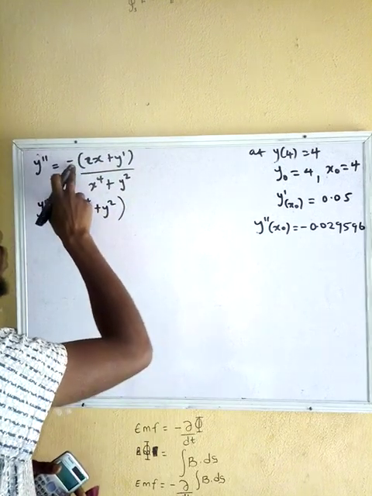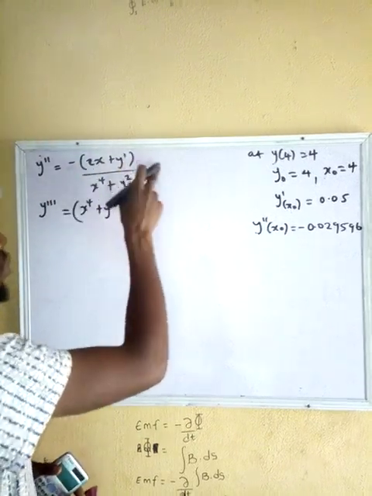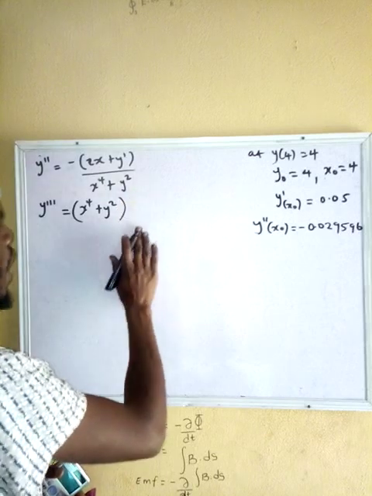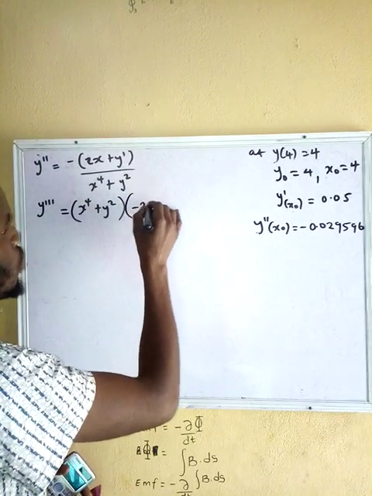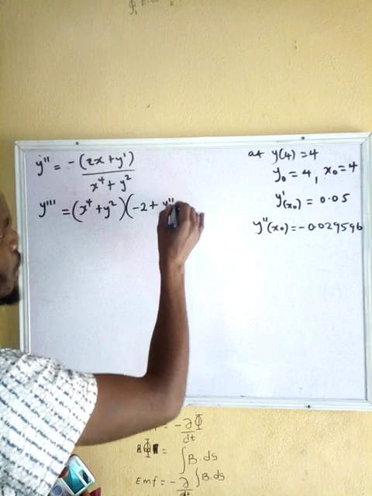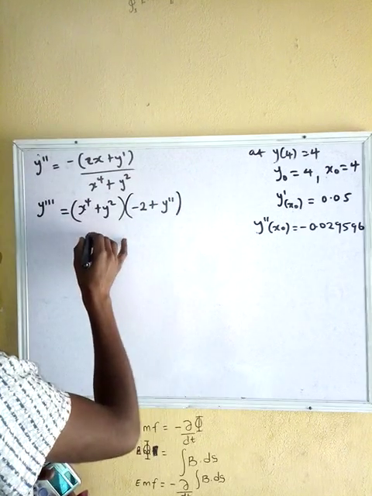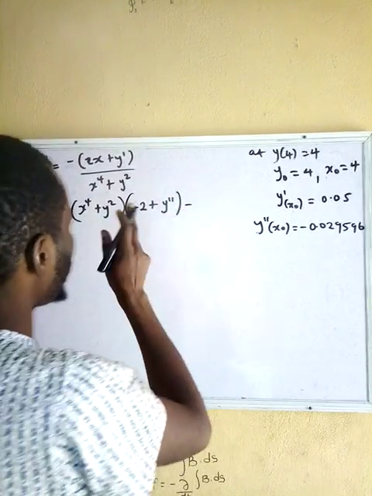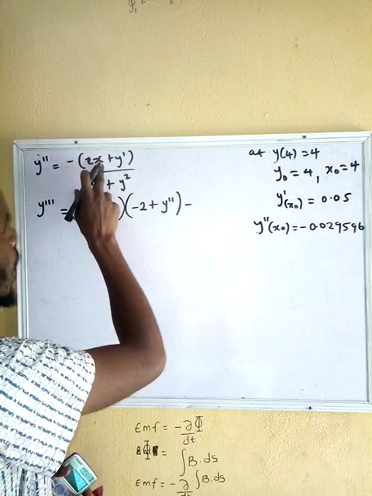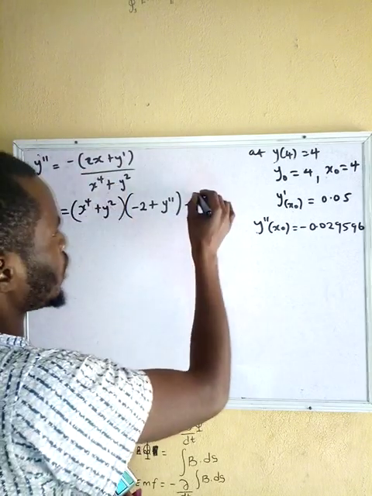So I'm going to differentiate the top. Differentiating the top implicitly, I'm going to have minus 2 plus y prime prime. You close the bracket, minus, don't forget, bottom d top minus top